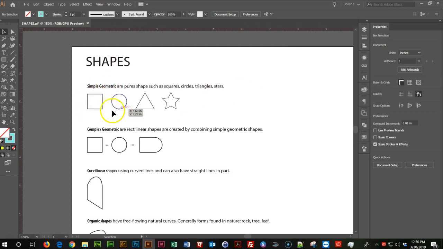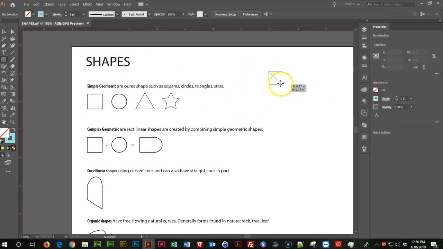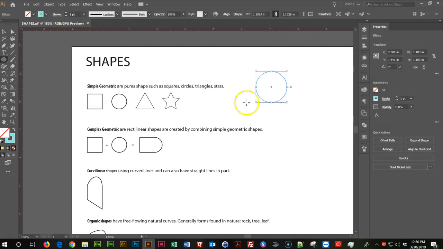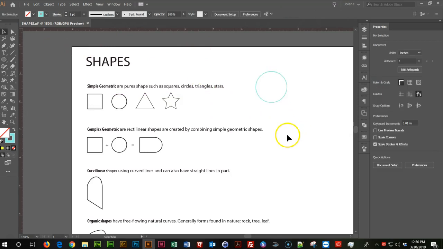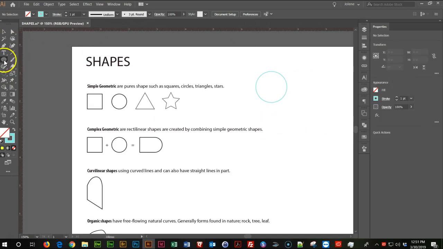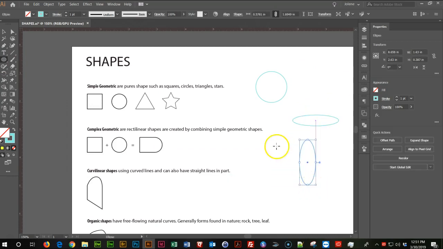rectangle shapes. To make a perfect square, let's select this again, hold down shift while you're dragging, that makes a perfect square. Same to make a perfect circle, use the ellipse tool, hold down shift, and you get a perfect circle. If you want just a regular ellipse of some kind, you can